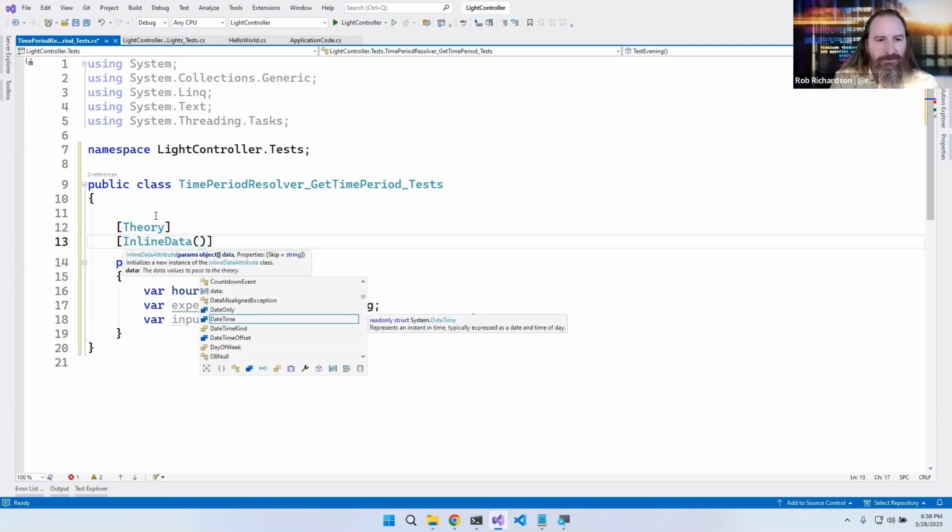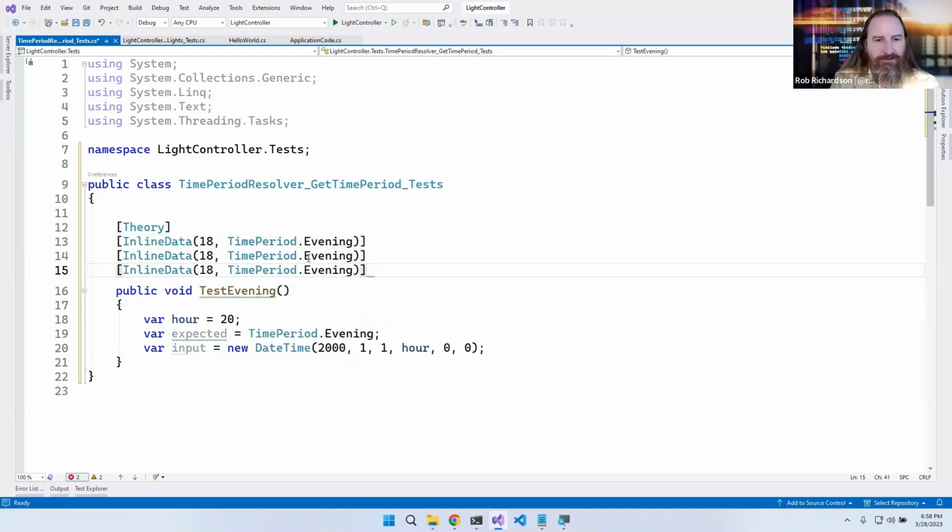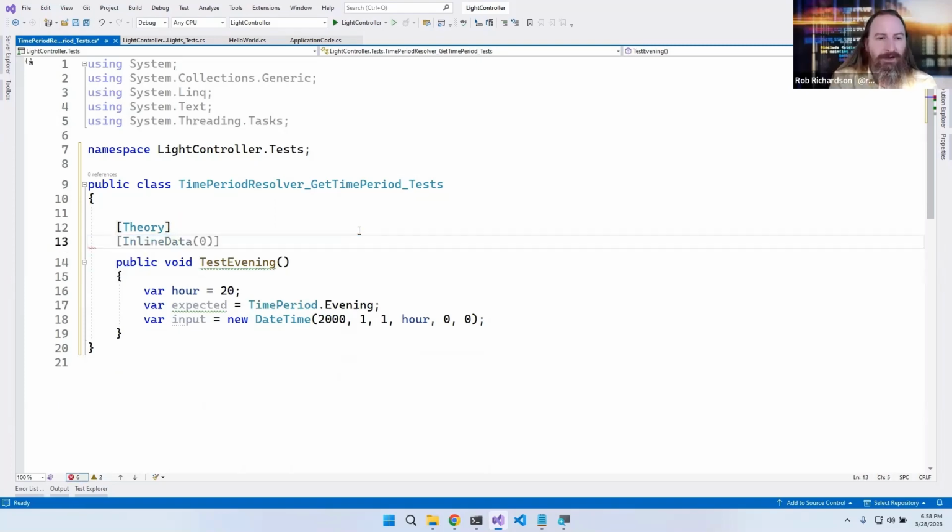Inline data, we could say hour is 18 and expected TimePeriod.Evening. And so yeah, now we're starting to duplicate all of these conditions for 19, 20. That gets tedious. What we could do instead though is we could say